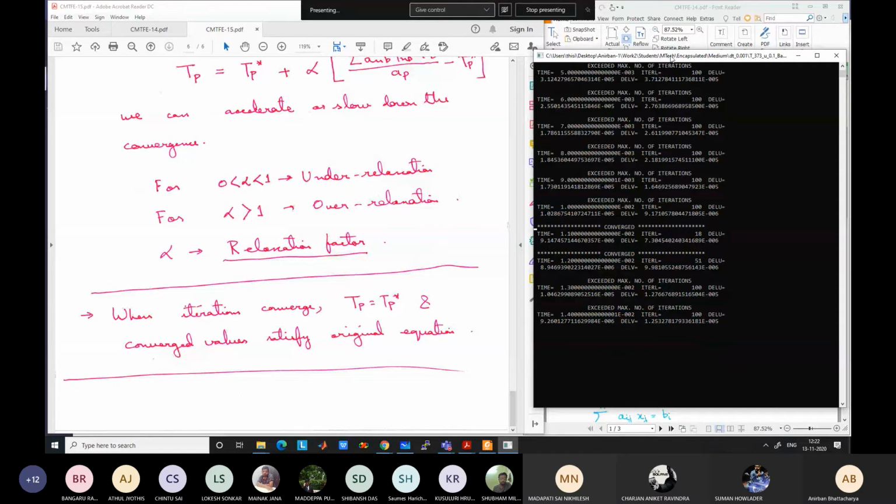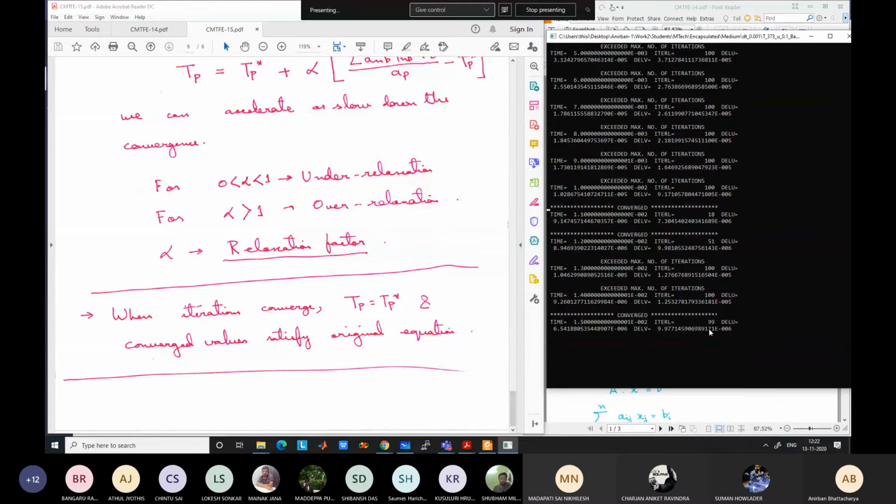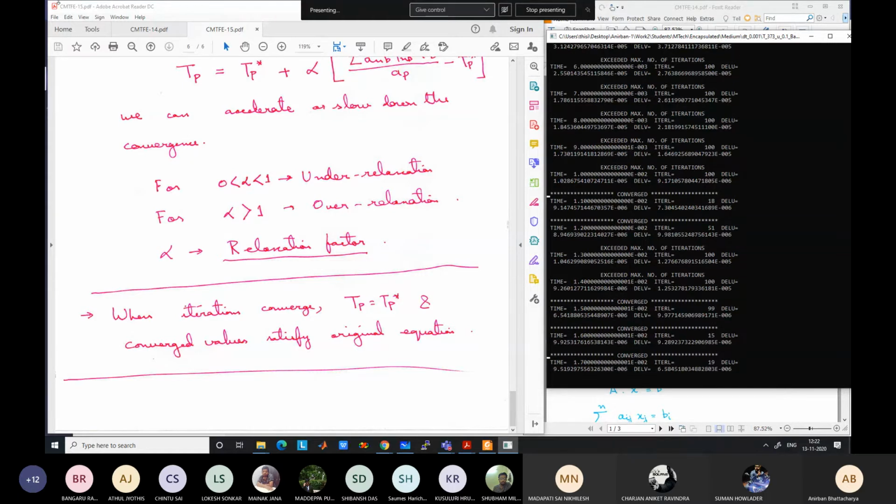I will just keep it open and you can check that still it is taking a lot of iterations for convergence, but gradually the number of iterations will change, because it is taking better and better guess values for the next time step. Velocity is stabilizing, the solution becomes easier and easier for subsequent time steps. This is using line by line TDMA.